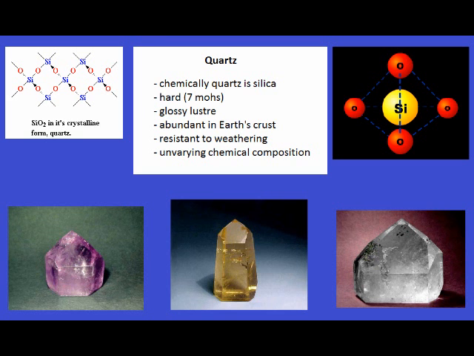So the first allotrope is quartz. Quartz is chemically silica, SiO2, which is on most occasions the basic formula for all allotropes. If you look at the picture at the top left corner, you can see the structure of silica, which is